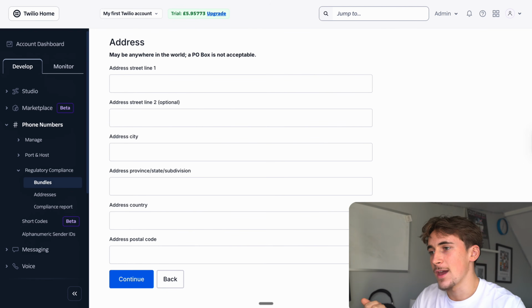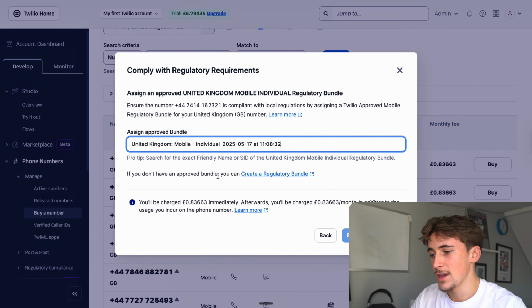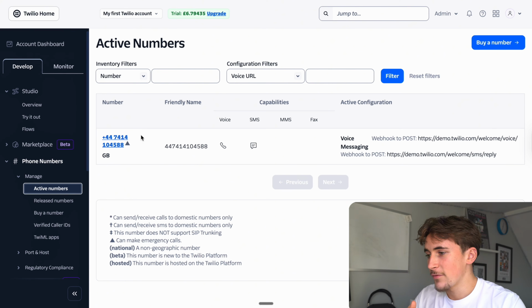And then once you get that email, when you come back over to here, it is going to pop up with that regulatory bundle. So you just hit that, and then I'm not going to buy this number because I've already bought one, but you just hit buy, and then it's just going to take it out of your free credits. Okay, so now that we have our number set up,